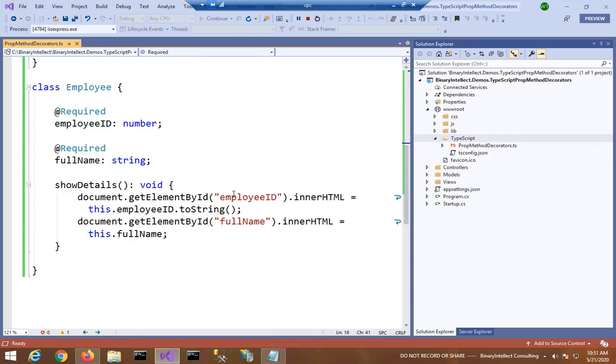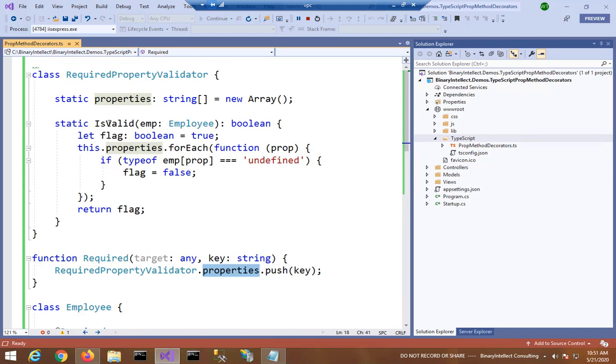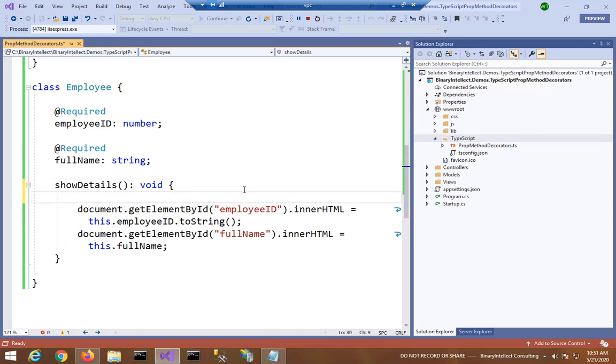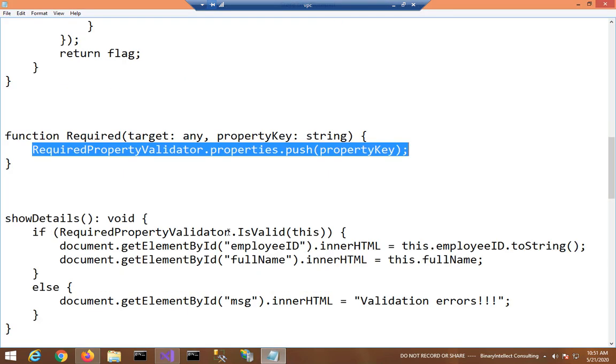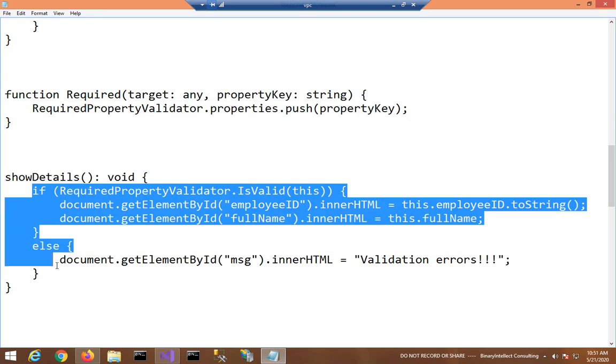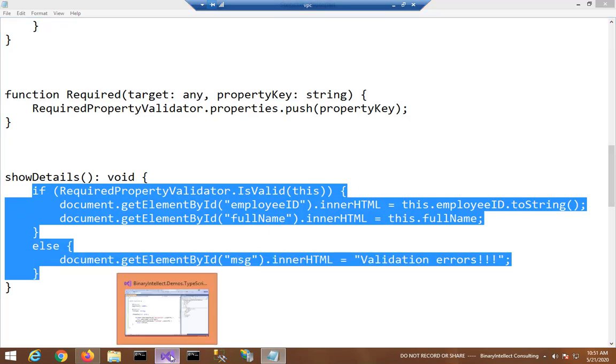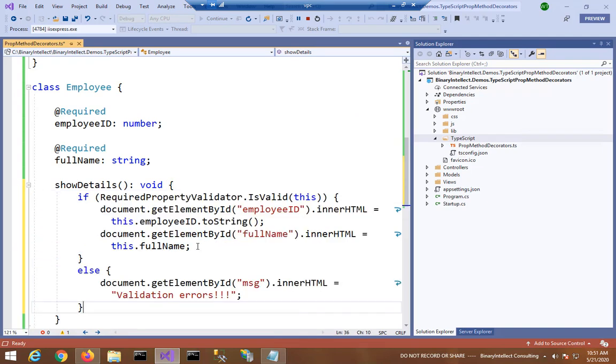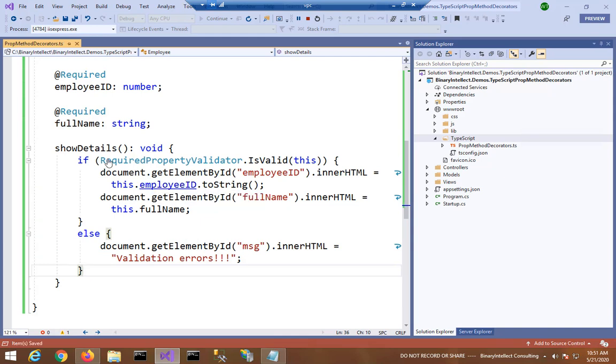We can now check the isValid status inside our showDetails code. So let me add a bunch of lines which do the validation. It's essentially an if else check. Here we check RequiredPropertyValidator.isValid(this), that is, the current employee object.